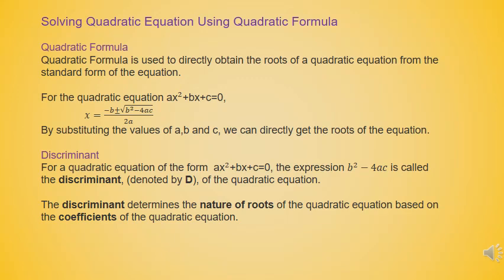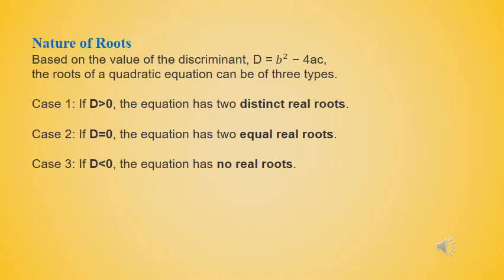When we find the value by putting a, b, c in the form b square minus 4ac, that b square minus 4ac is the term that we call the discriminant, which is denoted by capital D of the quadratic equation. So using b square minus 4ac we find the value of the discriminant, and after finding it, three different conditions arise. Now students, let's see the conditions.